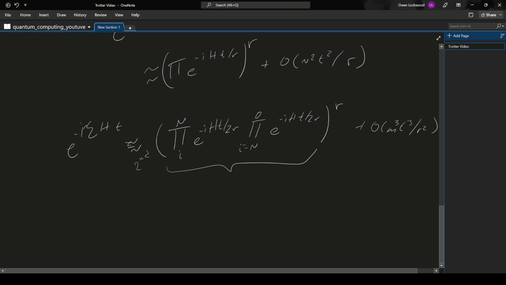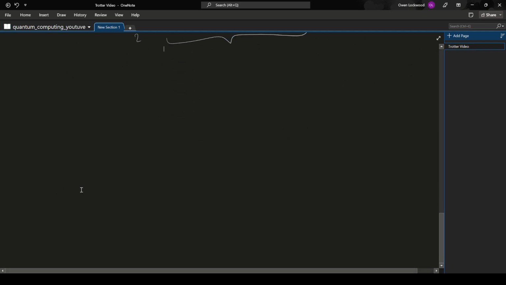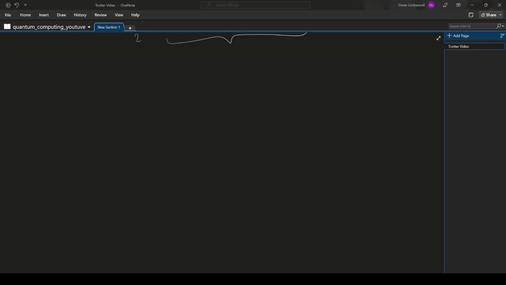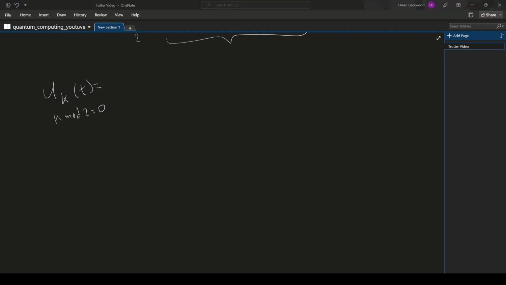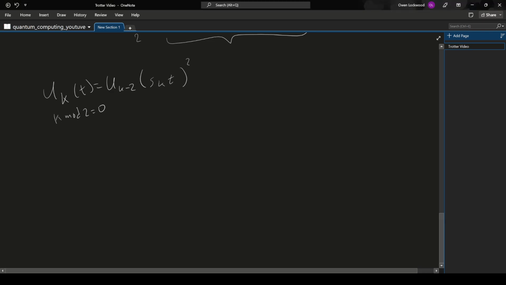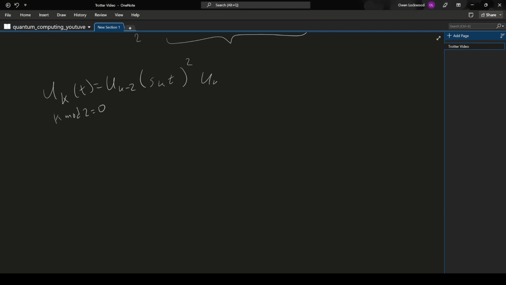So I'm just going to write out this equation. Let me scroll down a little. So this is the general recursive definition. I'll link the papers, of course, below, where we have U to the k, where k mod 2 equals 0, t equals, then we have U to the k minus 2, s_k t squared, U to the k minus 2,